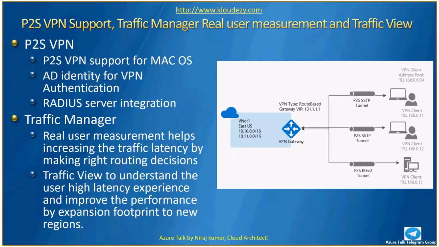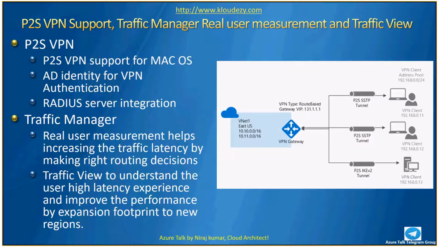The point to site support earlier was only for certificate based authentication. Now we have announced support for the RADIUS server, that is the identity of AD. You can use your Azure Active Directory username and password to connect your point to site VPN, because a lot of requests we saw that the certificate base was painful, and we didn't have any other identities to authenticate. It's a simple setup actually. So that's the enhancement, the RADIUS server integration.